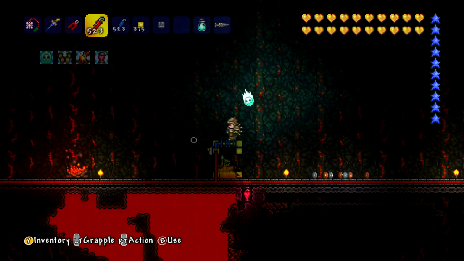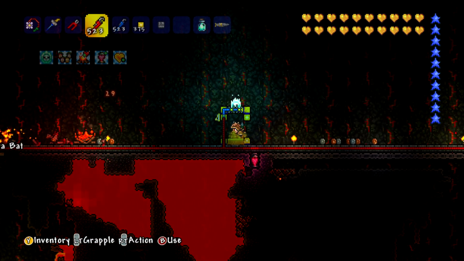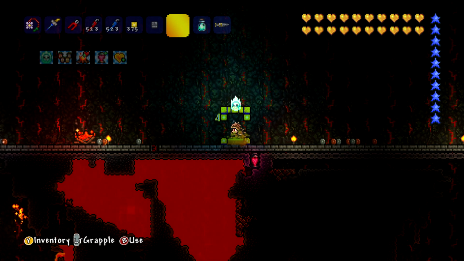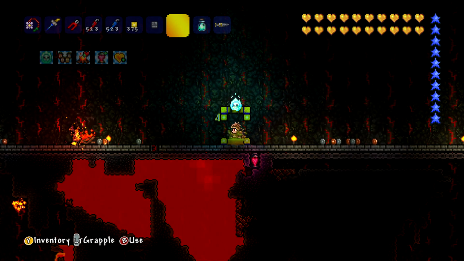So this should be open. Push B. There we go, look. Perfect. Now, this is my little grinder for being in hell, and what's basically going to happen is enemies are going to come and they're going to die. The only issue really is these two...